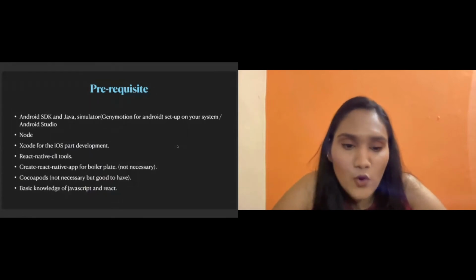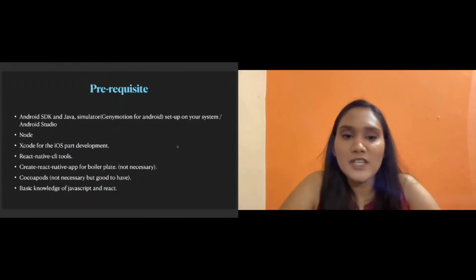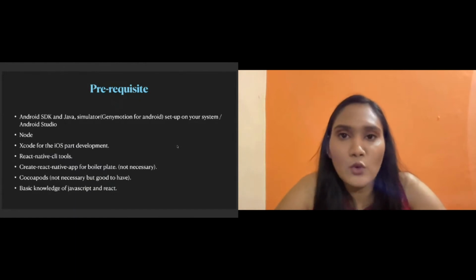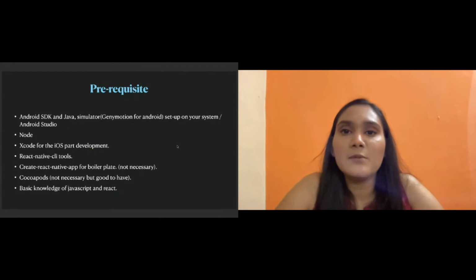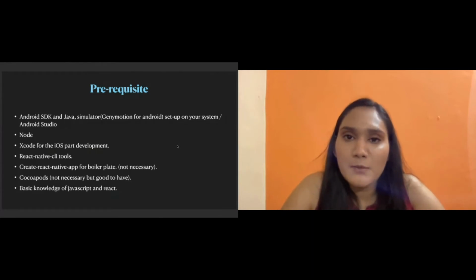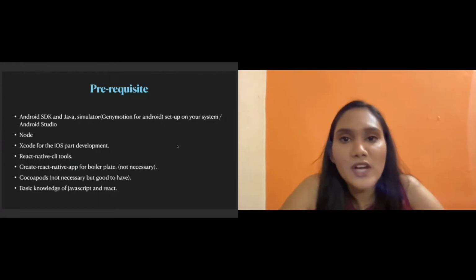Next is Cocoa Pods. So as I also mentioned, there is a requirement of Node for the npms which we are going to use. Npms are nothing but the projects which are already there in the market, and you want to install it and use it in your system, you can do it directly. Cocoa Pods are like the small projects itself which work only for iOS.